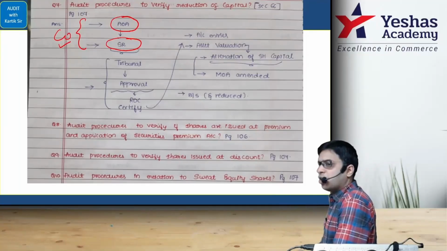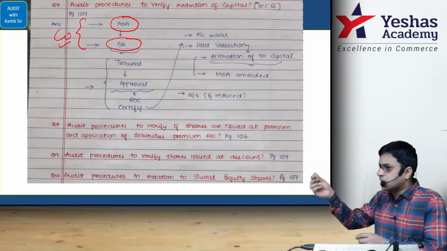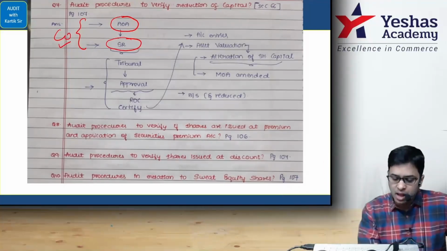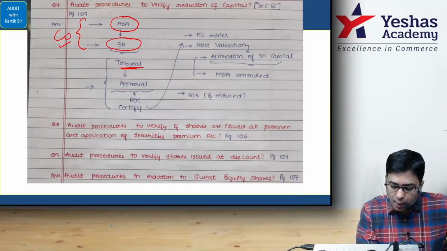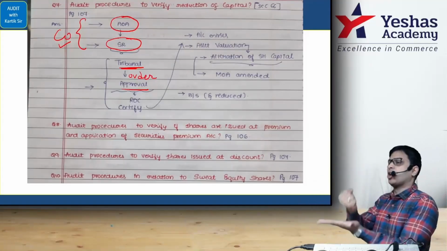Some creditors should not be at a loss. That is why you have to take the approval you have received, take your special resolution, and make an application to the tribunal and wait for the tribunal to give its approval. The tribunal will pass an order giving its approval. Now it is sanctioned by the tribunal also.